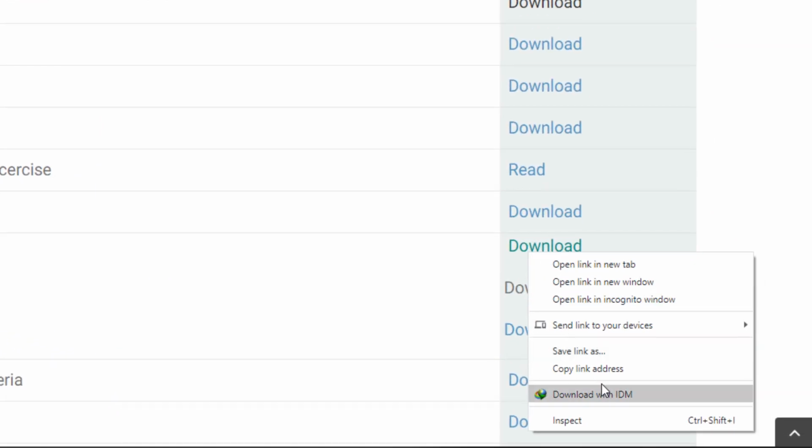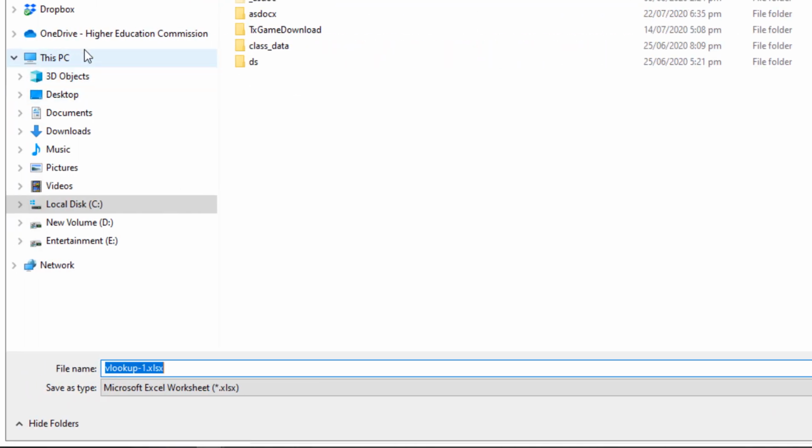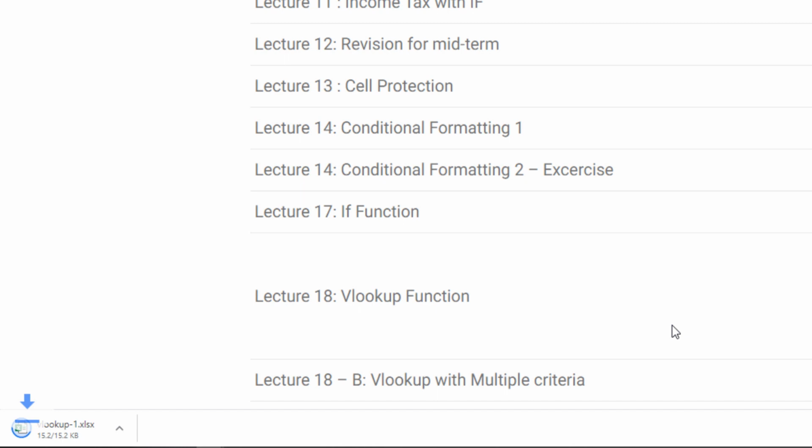Right click on that and save the link wherever you can find it easily. So I am saving it to lecture 16 and the file is vlookup.xls.